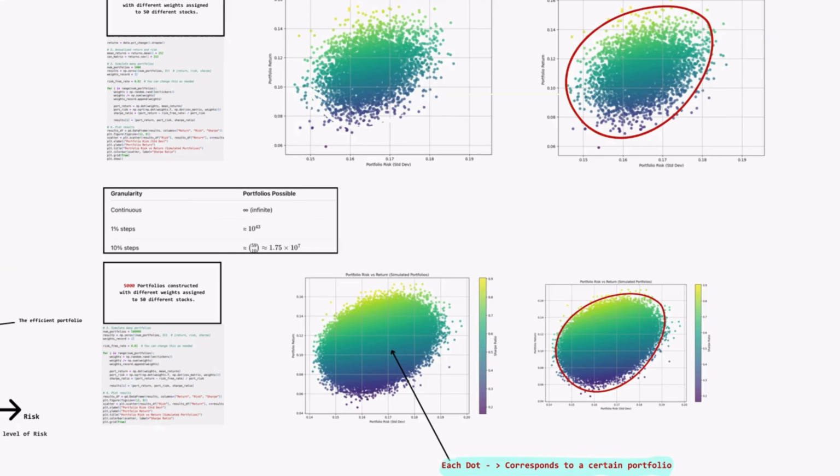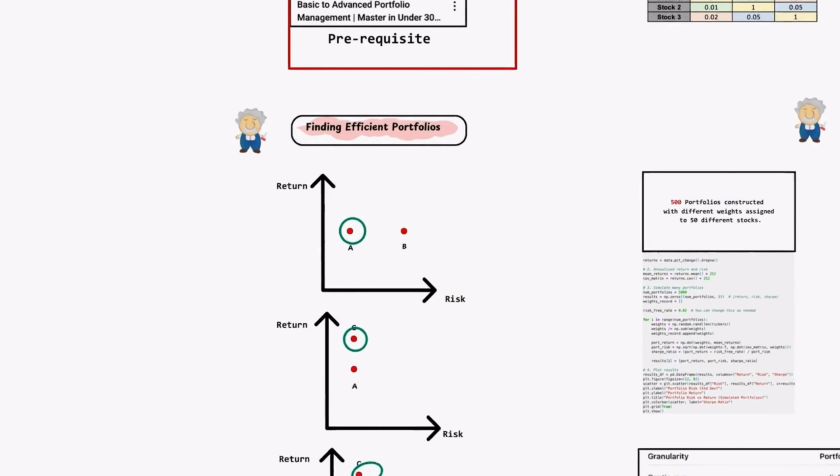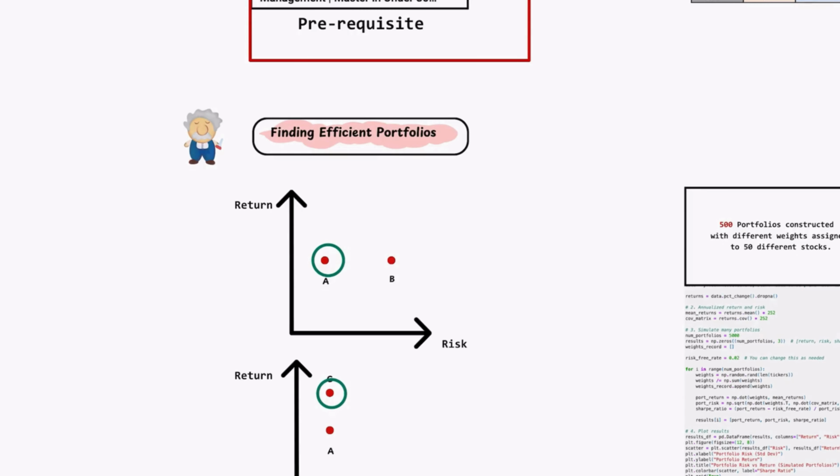Now let's move to one of the most important concepts, efficient portfolios. We are learning how to find efficient portfolios and reject inefficient ones with a very basic example. Let's go back to our 2-stock example. Suppose you have 2 portfolios A and B, or 2 stocks A and B, which will you choose? You'll always choose the portfolio to the left on the horizontal axis because it has lower risk for the same